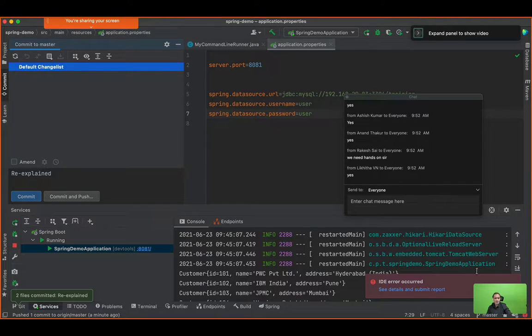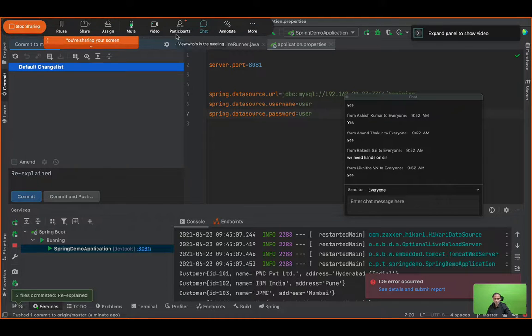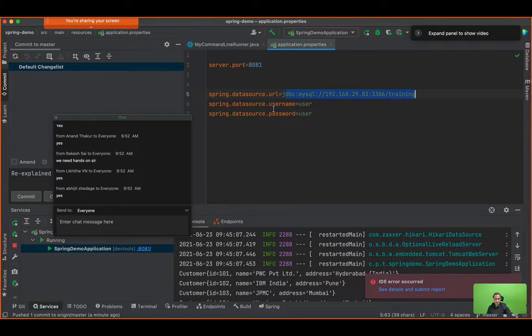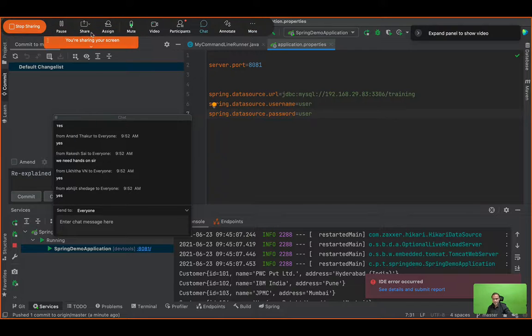I will support you all. So please do the hands-on and make this application run on your machine. And then in bits and pieces, we will be learning, and you will also be trying those things out on your own machine. Just run this application as it is. Needless to say, you will have to make changes to this: the username and the password. You will have to make this localhost, and use the username and the password of your database. Right, friends, get started. In the meanwhile, if you have any questions, please feel free to let me know.